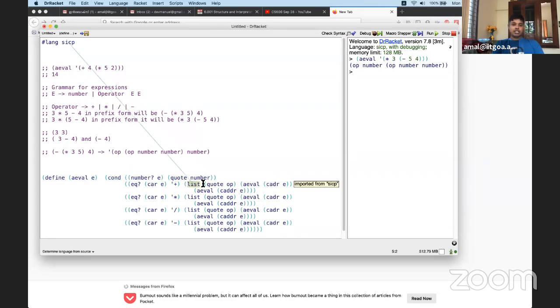And if it is a plus, if it is an expression which starts with plus, then I will take a symbol called OP and attach it with the evaluation of the first argument and the second argument, which is